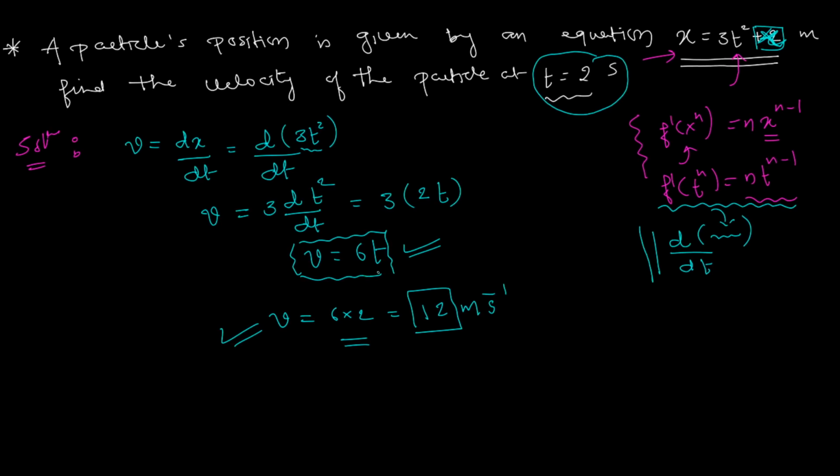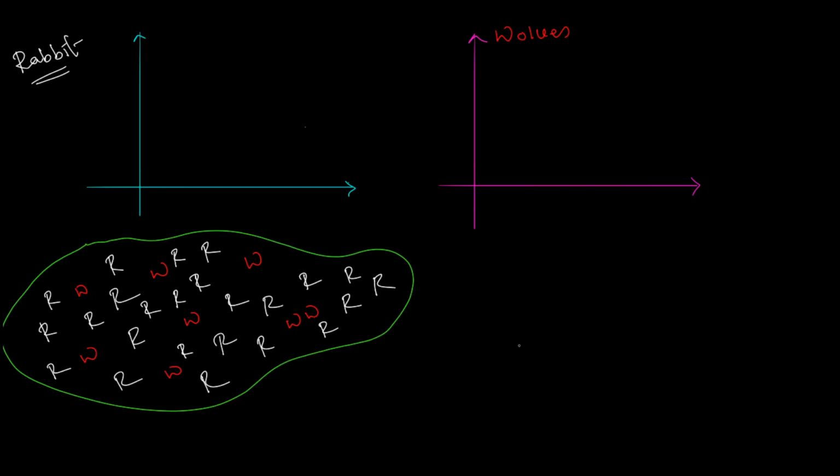Let's try to find that. Now listen to this part carefully. Let's say there is a grassland, and in this grassland you have two major mammals living there. All the R's are for rabbits and all the W's are for wolves, right? And apart from these two mammals, there are no other major mammals, carnivorous or herbivorous, not really. Of course, there are insects, birds, and bats and whatnot, right? But yeah, let's see what happens to rabbits and wolves and their population.